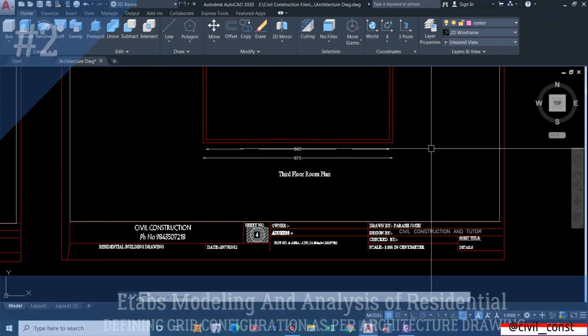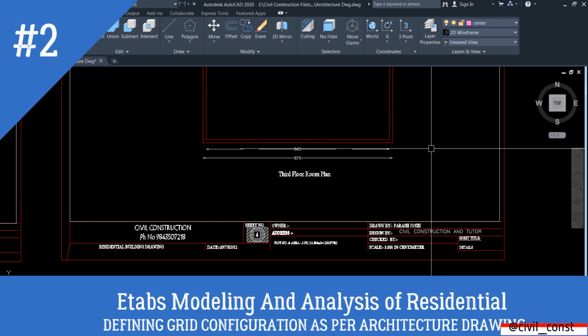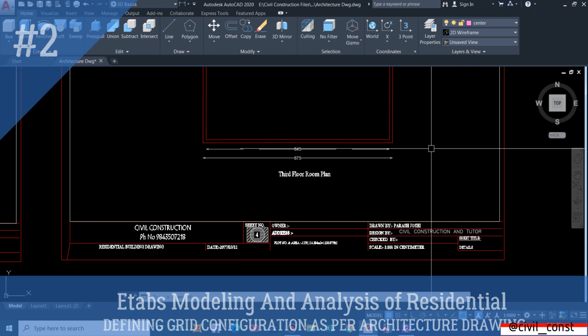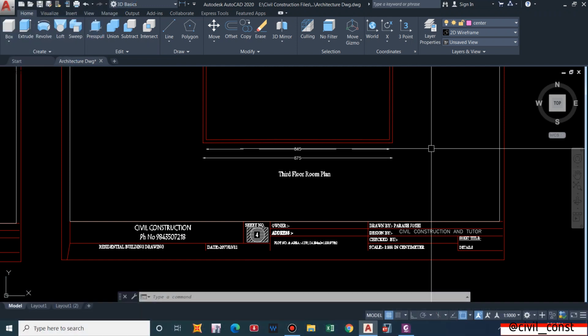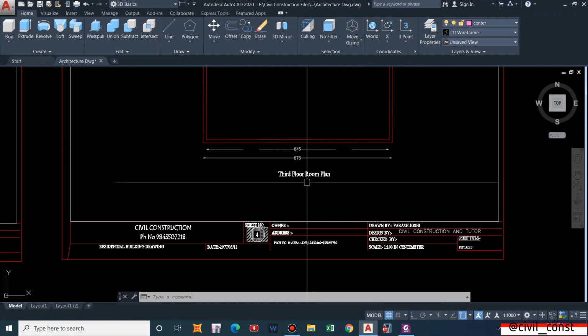As I said in my previous video, I'll be uploading a complete video on modeling and analysis of a residential building. So I'm back with it. Along with the modeling and analysis, I will also point out some important topics that will be important for a civil engineer while designing a building. And without any further ado, let us continue. So before modeling a residential building in ETABS, we require